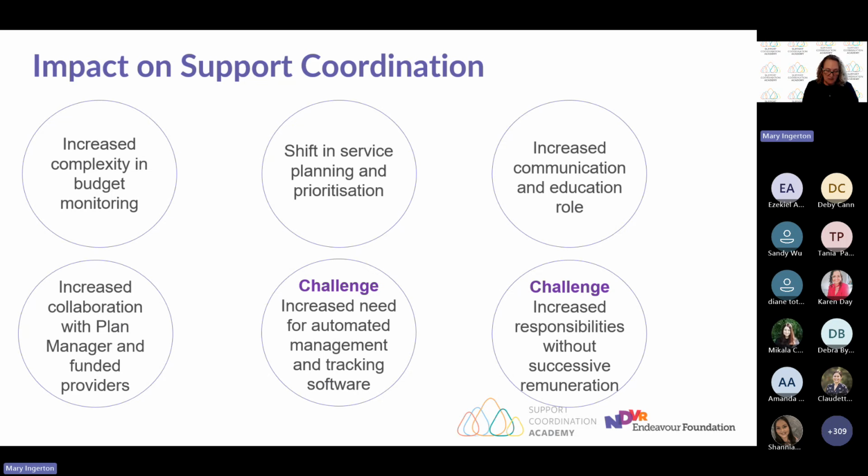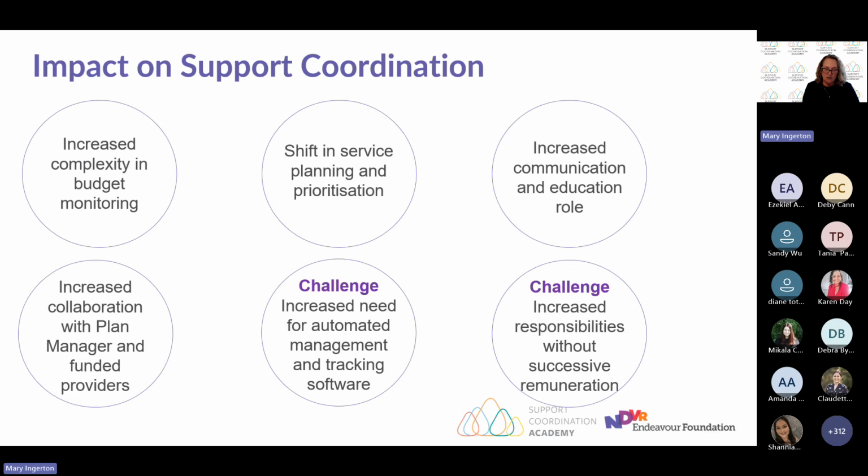So the recent introduction of the funding periods by the NDIS will significantly impact how support coordination services are delivered and managed. One way is the increased complexity in budget monitoring. Support coordinators will need to stay closely aligned with the funding periods assigned to each plan component, so they can be assigned across core, capacity building, and capital. This means it's not just monitoring the utilisation of a participant's total NDIS budget, but also keeping track of the availability of funds within each funding period for each support. So it adds another layer of complexity.